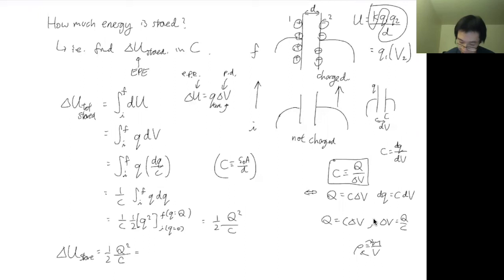So you can plug this in and you can get this, if I've done it correctly, or you can just eliminate one and you can get Q times delta V. Let's see, so if I plug in C over here, I have Q delta V. Yeah, so I probably would get this one more directly first, and then the other. But yeah, you can rearrange it in either way. Sometimes the problem doesn't give you C or doesn't give you Q, then you might want one of the other versions.